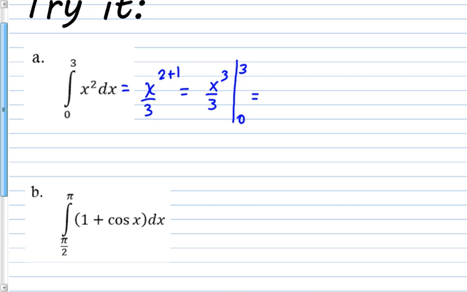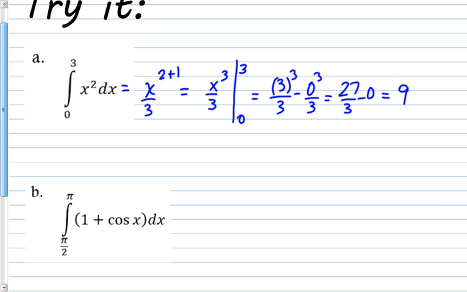So I'm going to plug those in. So 3 cubed divided by 3, oops, that's a minus, not an equals, minus 0 cubed divided by 3, which is just 0. 3 cubed is 3 times 3 times 3, so it's 27 divided by 3 minus 0,